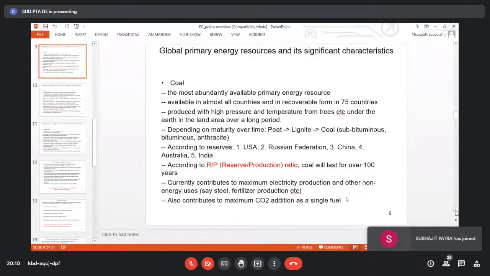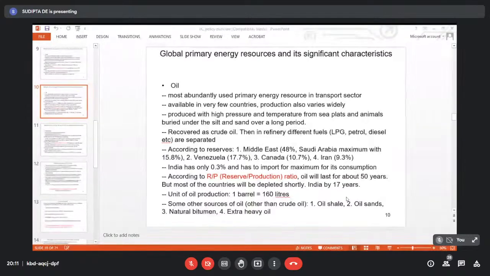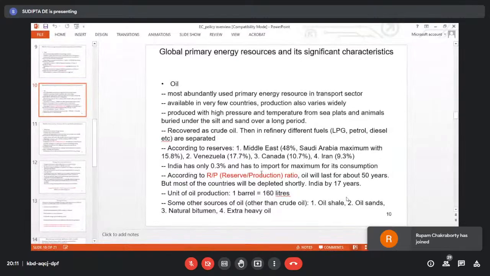Now we are going into the next option, which we discussed in the last class. The next option is oil. The difference between coal and oil is that the oil reserve is not as widely distributed as coal. Unfortunately, that's why the oil-rich countries, which have much more oil reserves, earn a lot just by selling their oil or natural reserve.